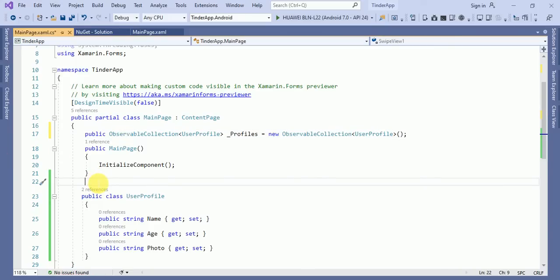So just take a public void, and here we will define a method card binding.